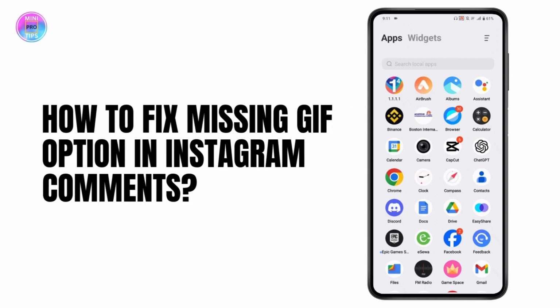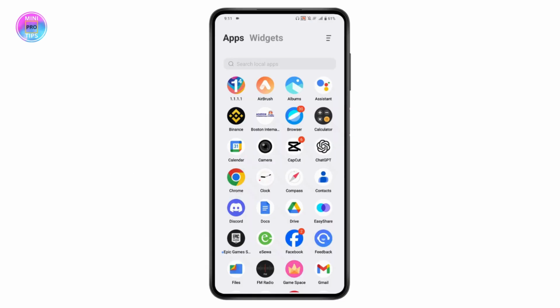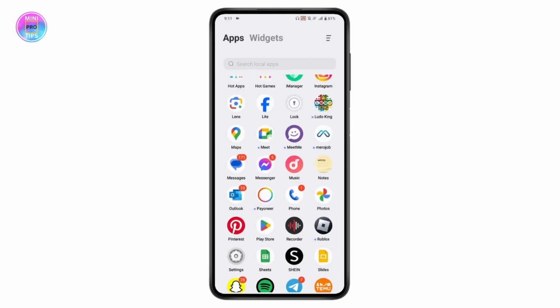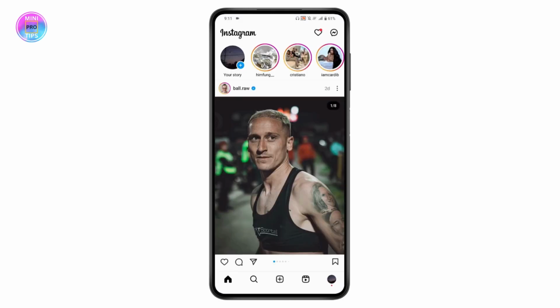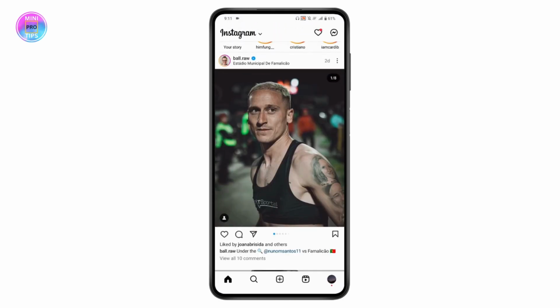How to fix missing GIF option in Instagram comments. So if you're not being able to have the GIF option on Instagram comments, then first you need to open up your Instagram application. Once you open your Instagram, now you can simply go for the comments, go for the